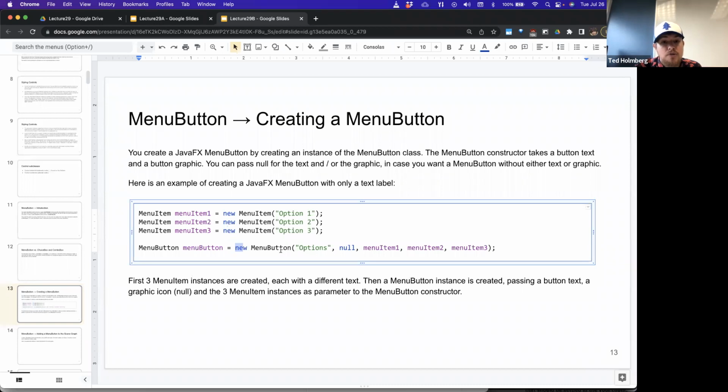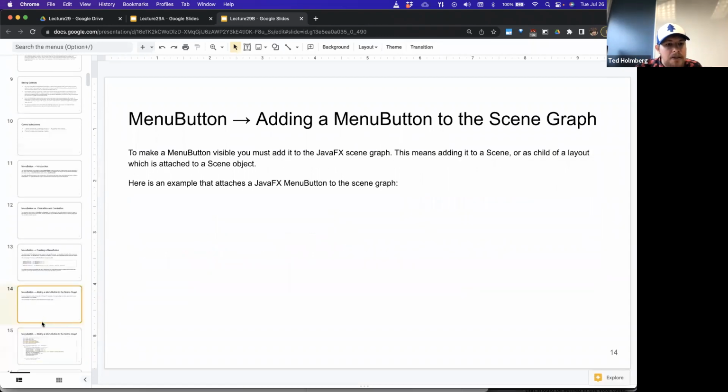So here, when I create a new menu button, I'm going to give it some kind of heading element, options, and the individual options could be option 1, option 2, option 3, or whatever I want to put there. And then this here is the node that I might want to use if I also want to have an image or some kind of icon alongside my menu button. And then I can have any number of menu items, a variable length of arguments that I then pass into the constructor here. So if I leave this null, what we're going to see would be something that appears